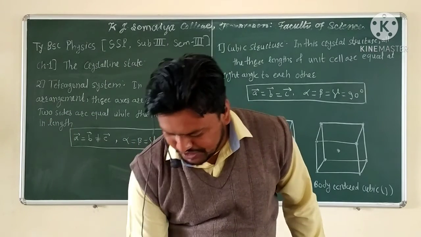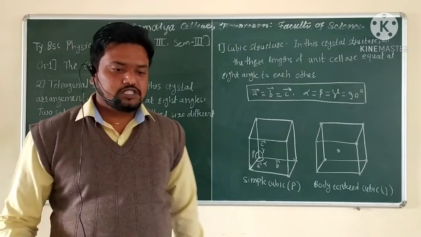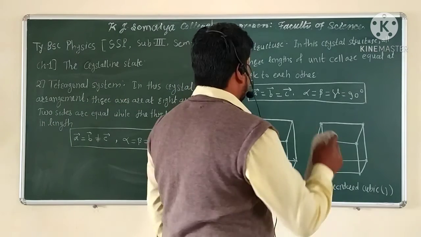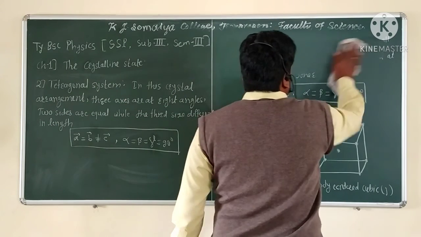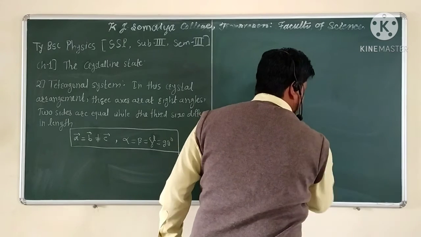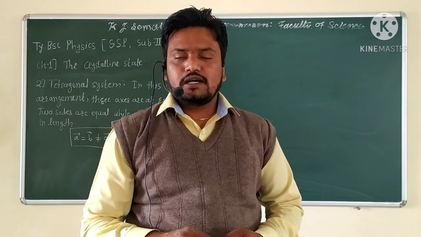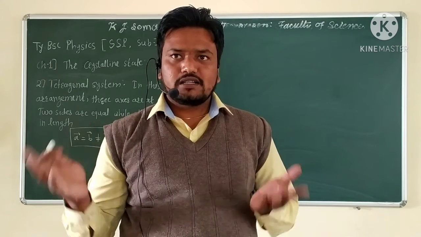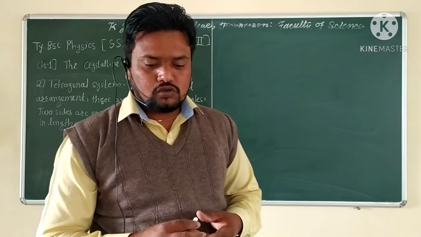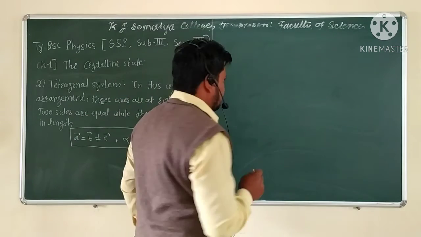And we want to see here the structure of this tetragonal system, which is considered as two types in this tetragonal system. First, simple tetragonal, and second, body centered tetragonal. So first, simple tetragonal, which is considered as